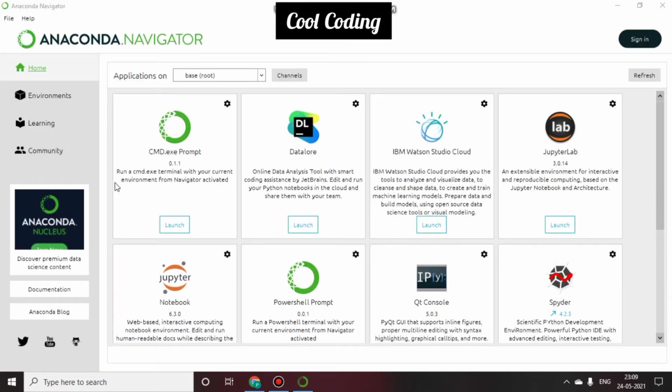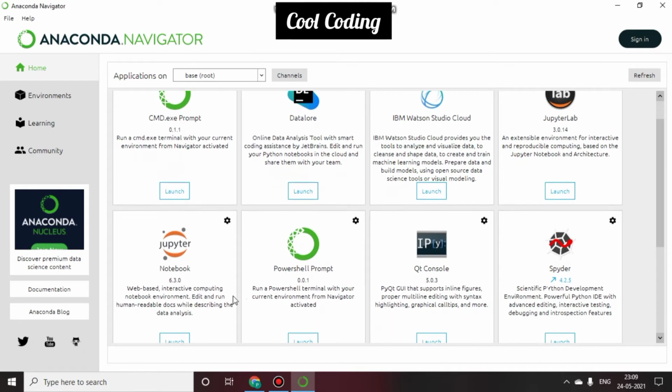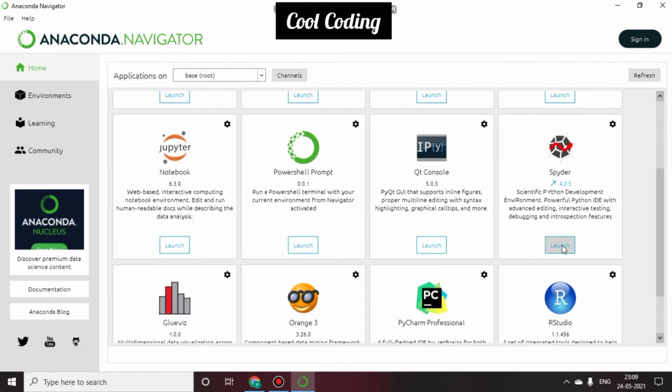So you can see the Anaconda Navigator. It contains various IDEs. In our lecture we will be using Jupyter Notebook and Spyder for Python programming.